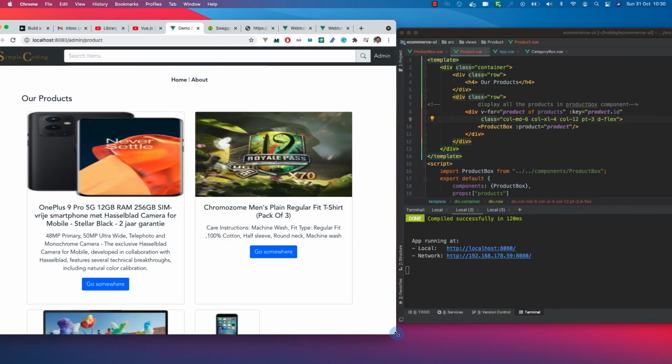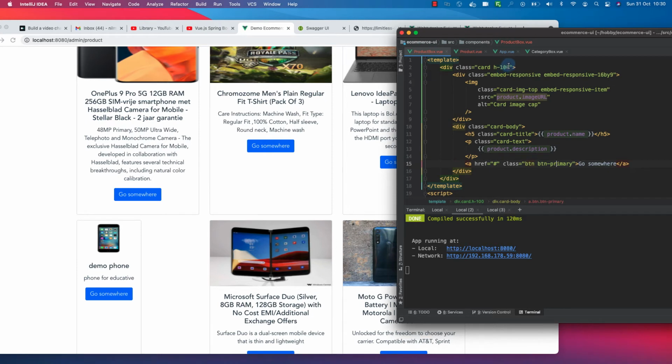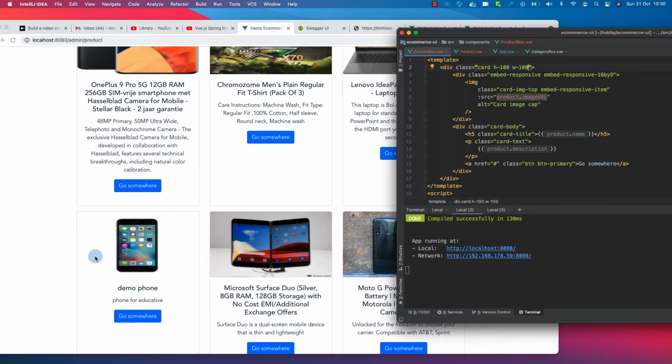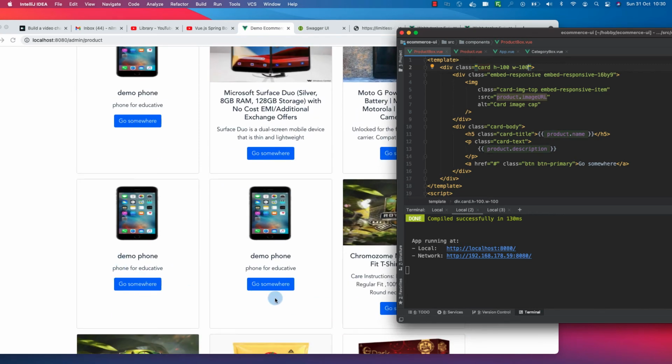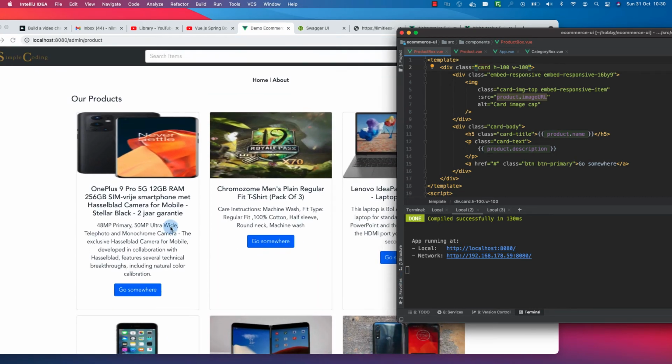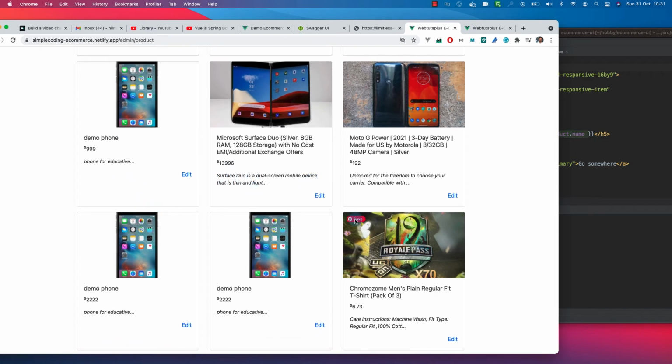So this looks good. We can also make the width 100, then it will look better, I think. So now you can see that this is looking better. This one should also be aligned better, like we have it here. If we have some extra description, we can just hide it like this. So what I can do is,